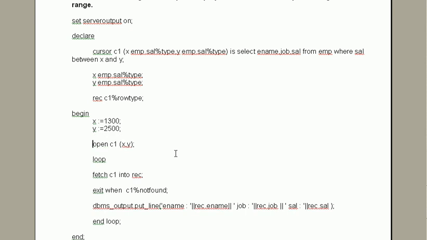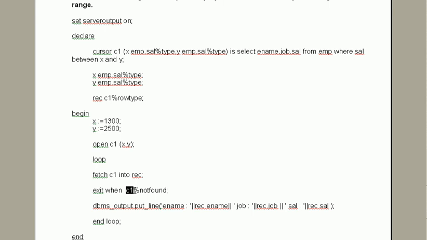While opening the cursor, I am providing the parameters, and then I have to fetch from C1, and I am assigning the data, 3 columns, 3 data, name, job and salary, into REC. And for not found, I have to write C1.